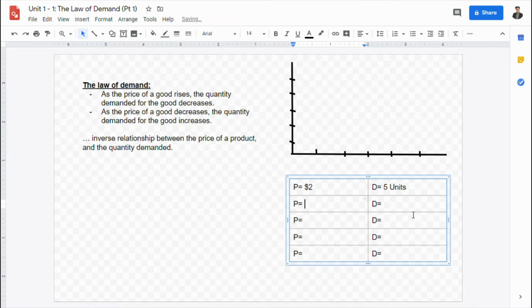However, if the price is increased, let's say by $2, to $4, it is still relatively cheap. So the demand, however, decreases to 4 units because the price increases. Let's say, however, the firm or the restaurant in this case wants to make more money, so they increase the price of one set of their meals to, let's say, $6 this time. And because the price is higher by $2, the quantity demanded decreases by a further 1 unit, now to 3 units. Let's say the firm wants to increase it to $8